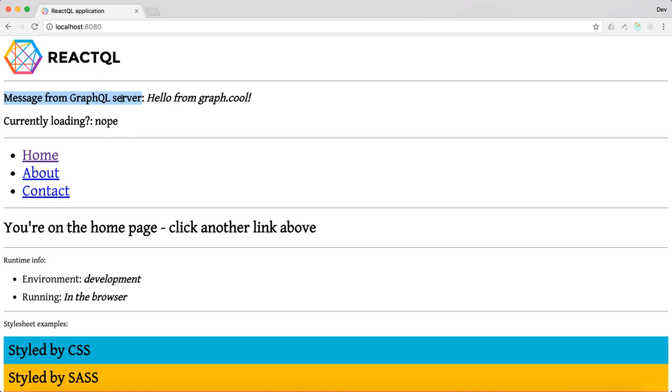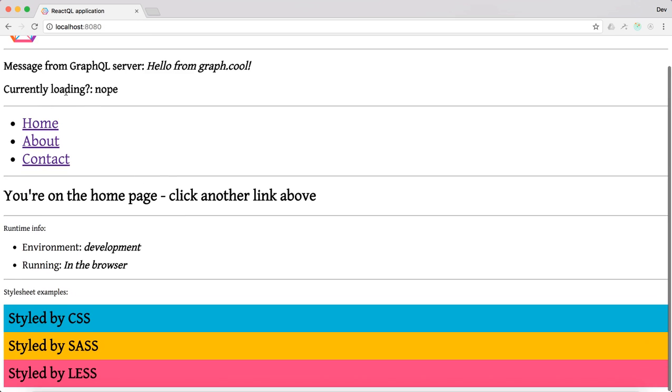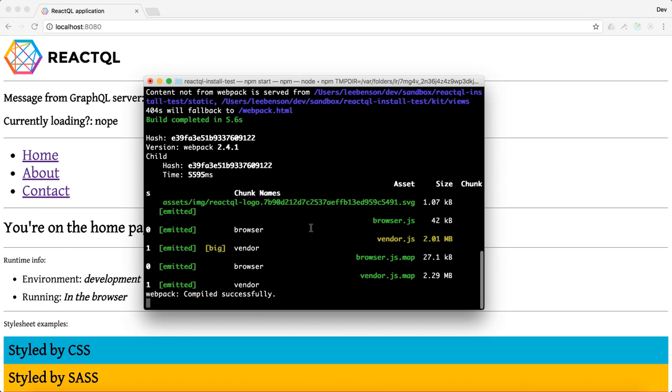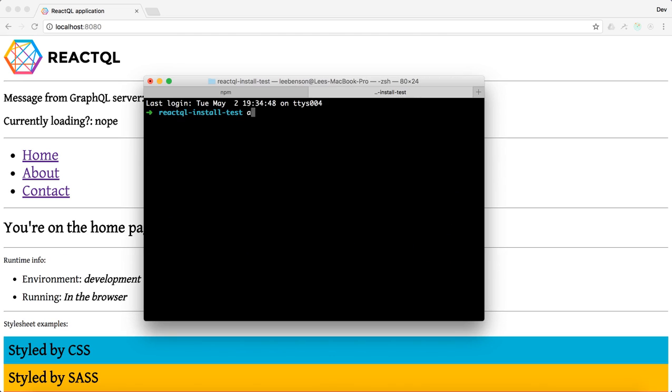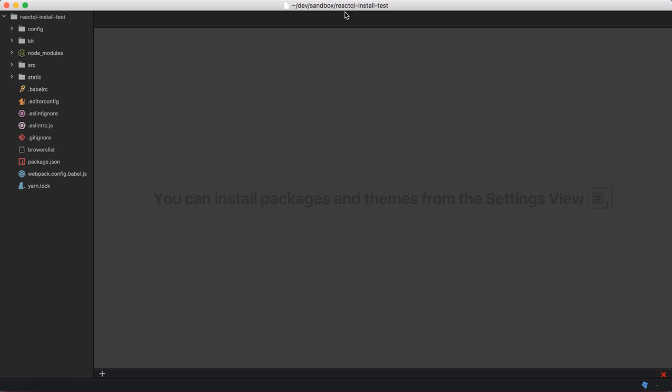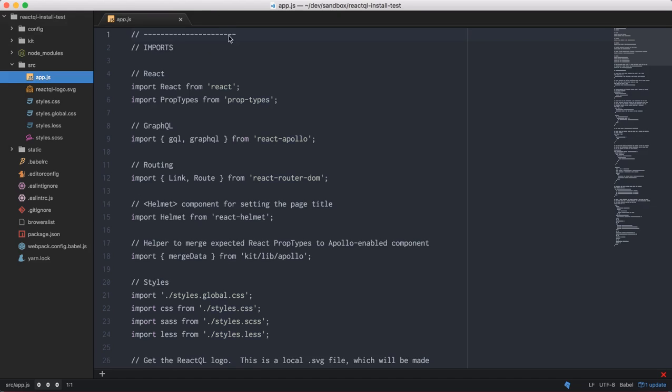We've got a message there from GraphQL that's pulled back from the live endpoint. You can see our routes are working, and there's a few other things on the page just to get us started. Now at this point we're able to actually just open this folder, so if I wanted to I could type atom in this case and the current folder name, and it will bring that in, and there we have our ReactQL install test code,